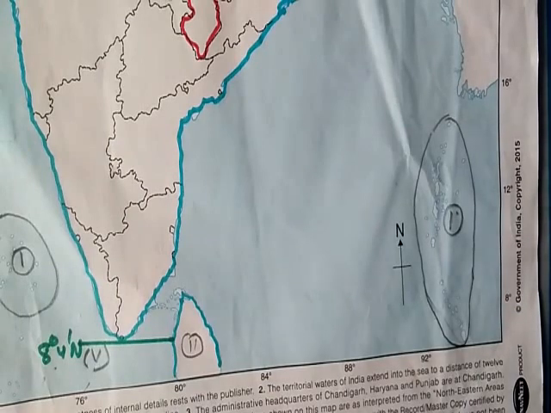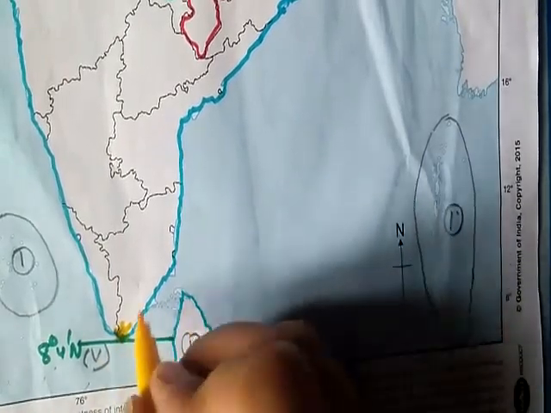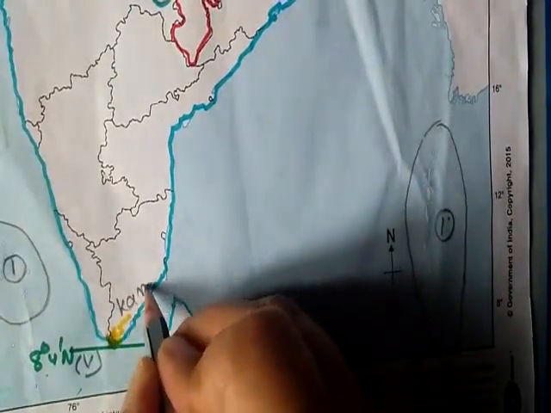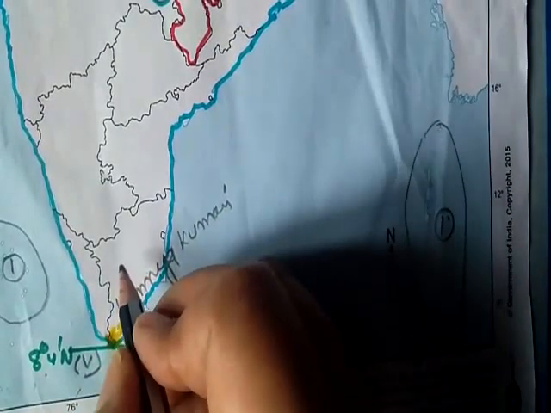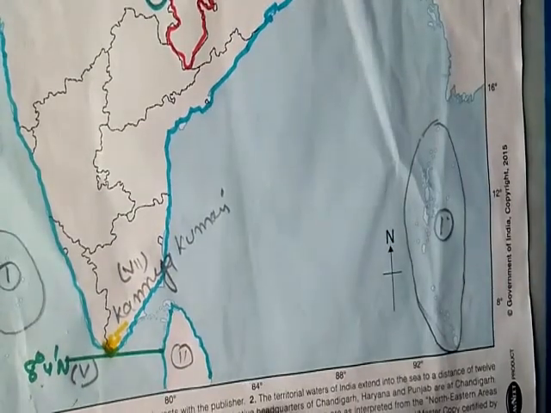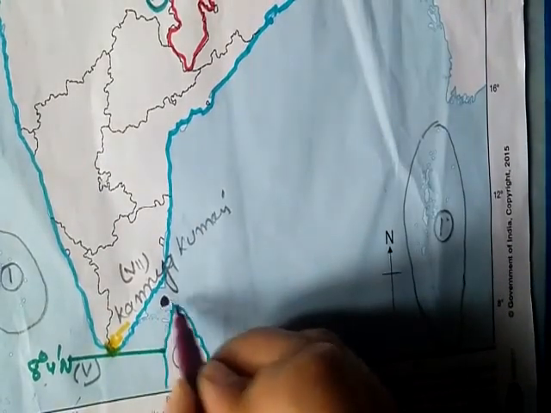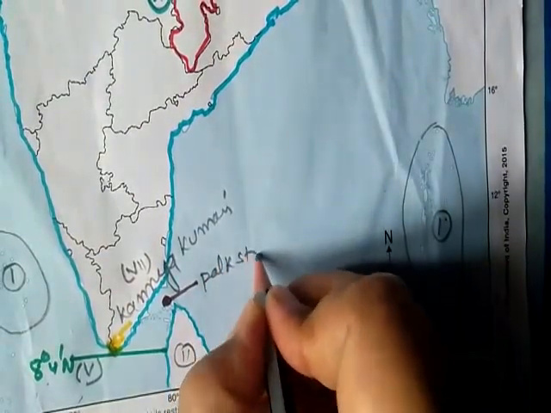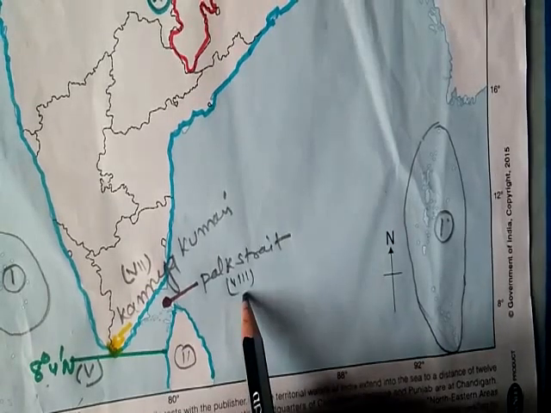Then question number 7, a place situated on the 3C. So here is the place, and you will mark over here and write down the name, Kanyakumari, and you will give the question number 7. Next question, question number 8, the strait separating Sri Lanka from India. The strait is here. You will give a point here, and you will write down the name here, Palk Strait. Then you give the question number also.